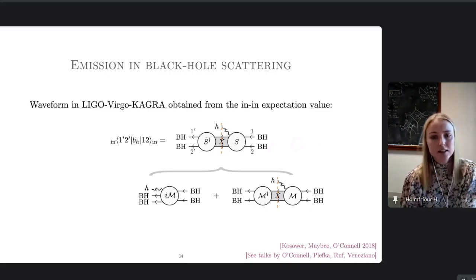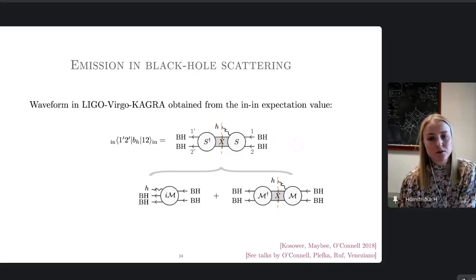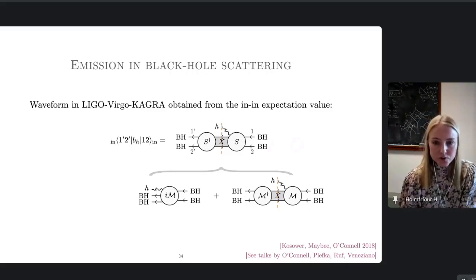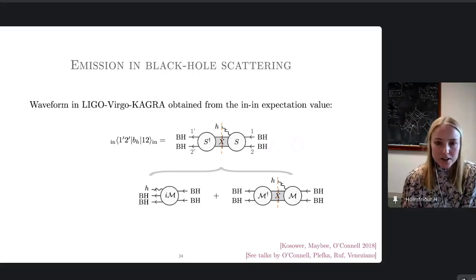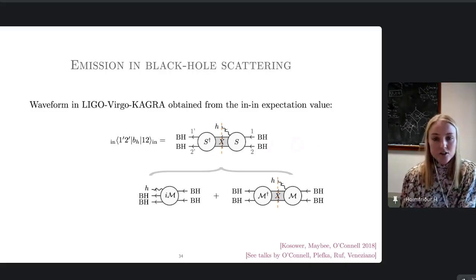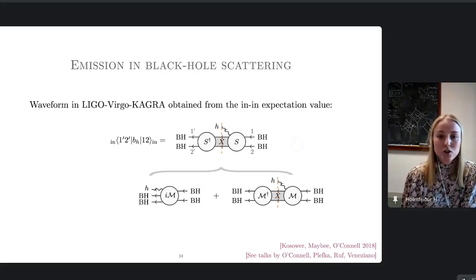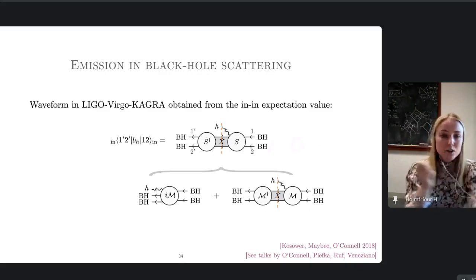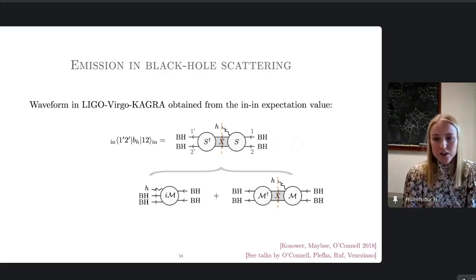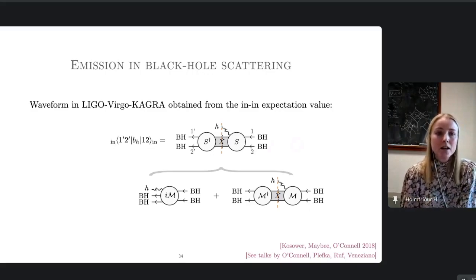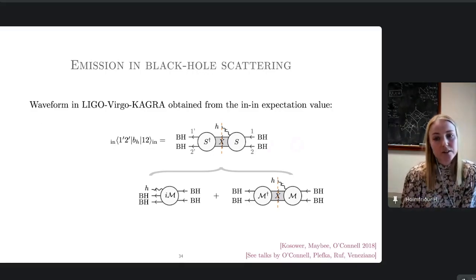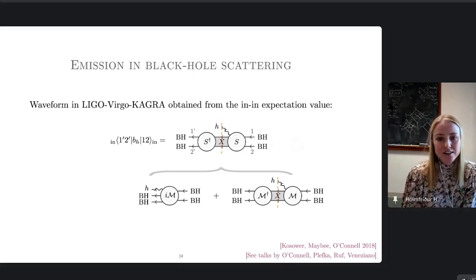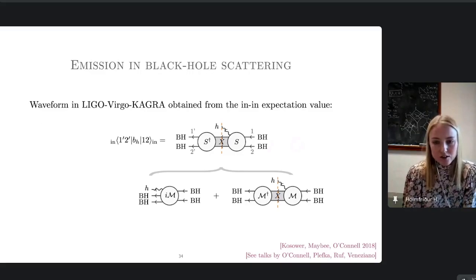So let me emphasize that this is a very different type of measurement from what we do for scattering amplitudes. Because for scattering amplitudes, let's say we measure them at the Large Hadron Collider at CERN, then our detector, at least as close as possible, tries to measure all outgoing particles. The way I imagine it is that it's almost like a spherical detector, as close to spherical as we can achieve. And we try to measure all of the outgoing particles and their energies and momenta and their types, etc. But in a gravitational wave experiment, we have a very different situation because we don't have a spherical detector that surrounds the universe.